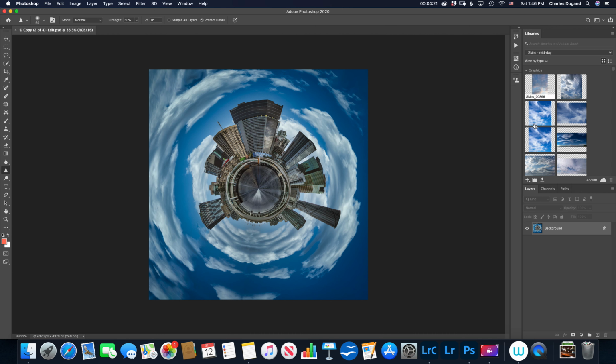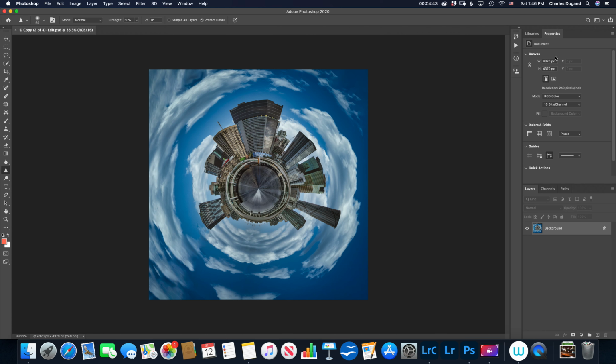Something I do not see in here is properties. Although if I go over here, let's just say that's information. There's properties. Okay, I'm going to take this properties one and drag it out here, expand it out. I'm going to take properties now and drag it up here by libraries. I do use properties a lot, and I think you'll find using properties is a helpful thing to have up there. So I've got libraries, and what you see I'm doing is just creating my own side panel over